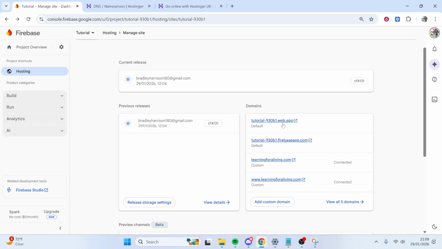You're then going to have to wait for that to propagate, and once it propagates and it's connected, you then should have yourdomain.com connected and www.yourdomain.com connected as well. So that's all we have to do. We just have to add some DNS